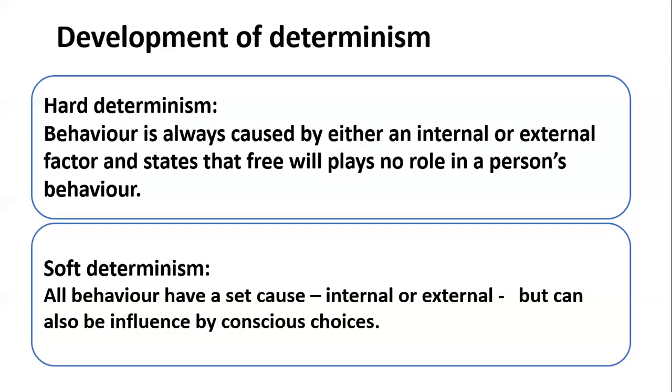So this means there is an element of free will. For example, you've got a stonker of a headache, so an internal factor. According to hard determinism, you're going to be in a bad mood because of your headache, nothing else. That is the cause of your mood. That is the cause of your behavior, that stonker of a headache. However, soft determinism says, yes, your behavior is going to be influenced by that stonker of a headache. However,